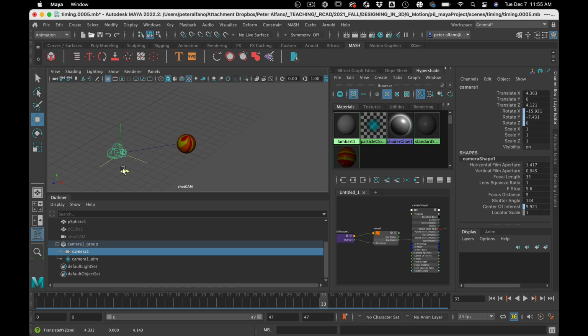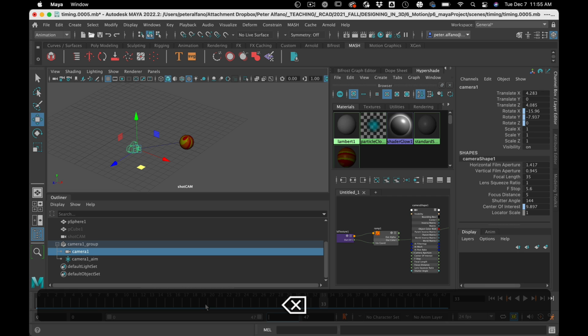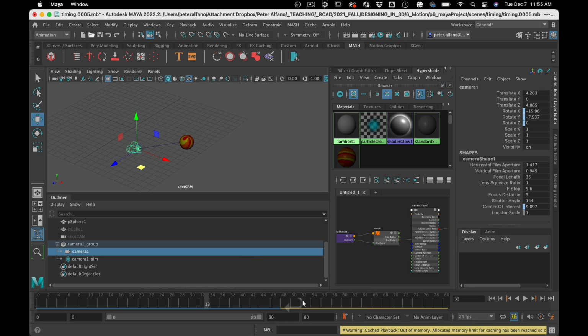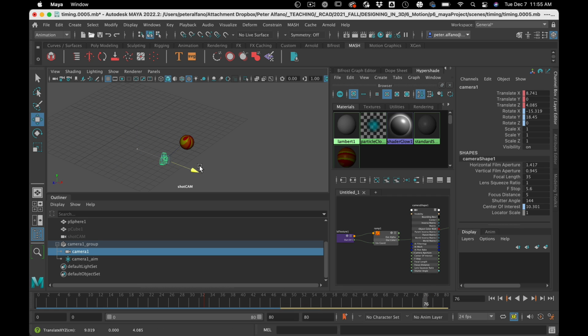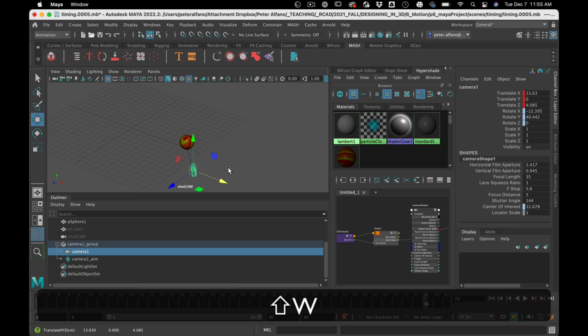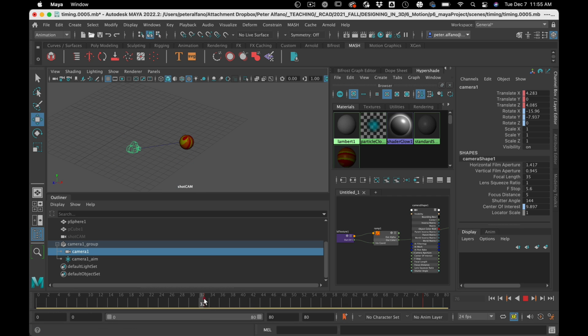What a two-node camera can be useful for, I suppose, is having the camera kind of orbit around an object, keep its focus on an object. So if we look through that point of view,